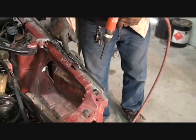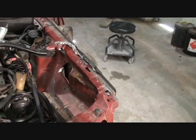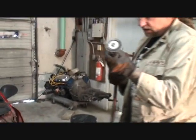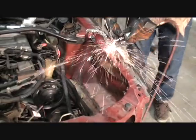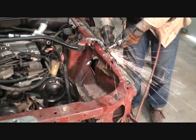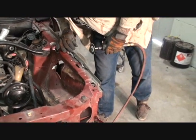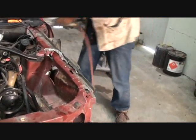I also noticed that this piece is still stuck on there, and in that case what I'm going to do, I'm going to take my cutting wheel and we'll go ahead and cut that off. And I believe that's all the spot welds. So we'll go ahead and